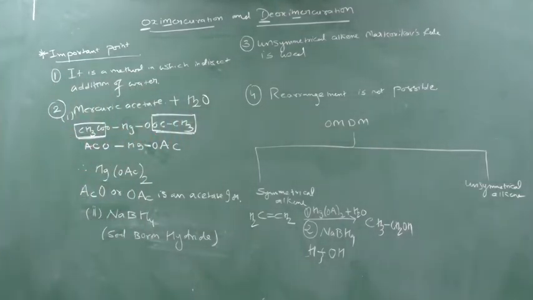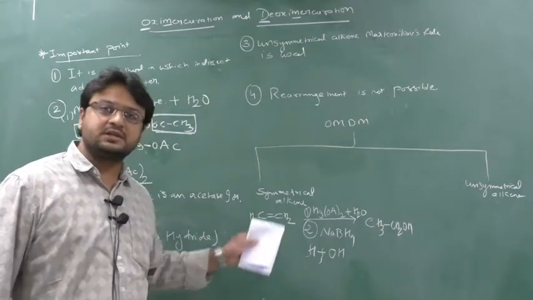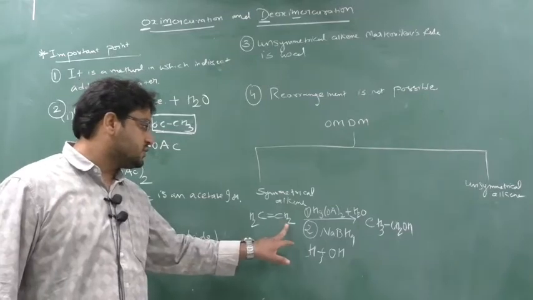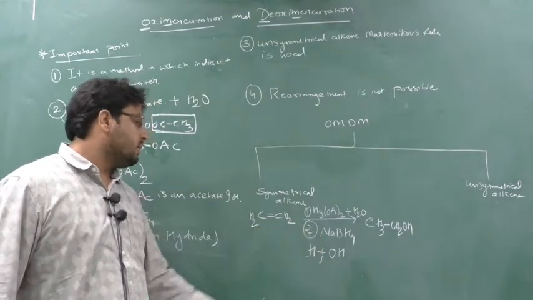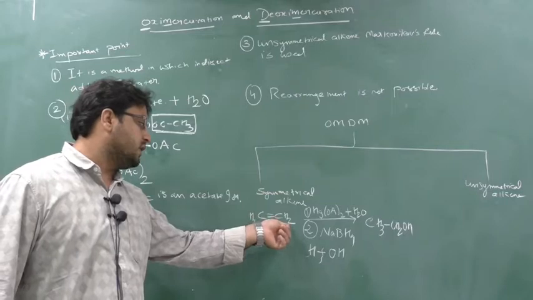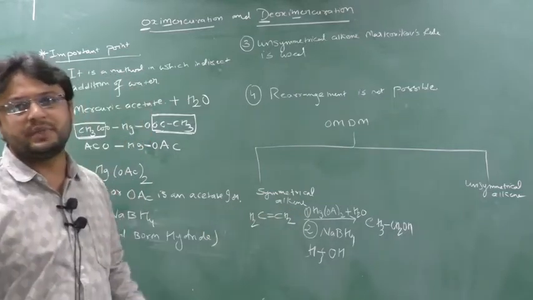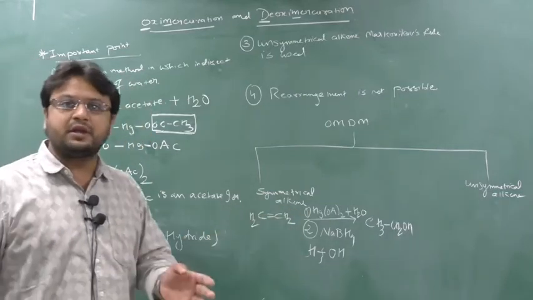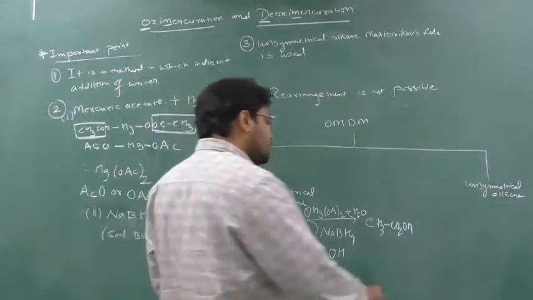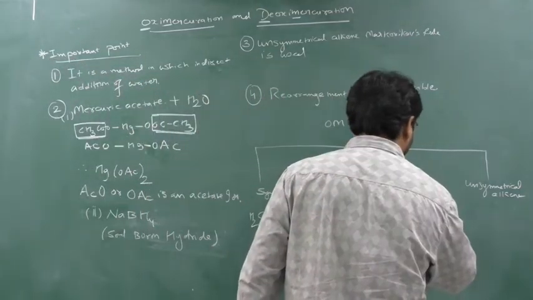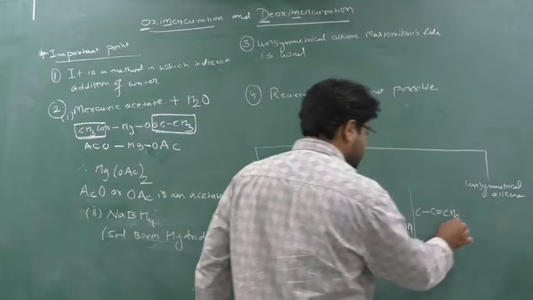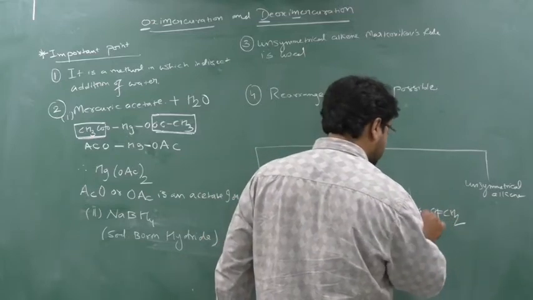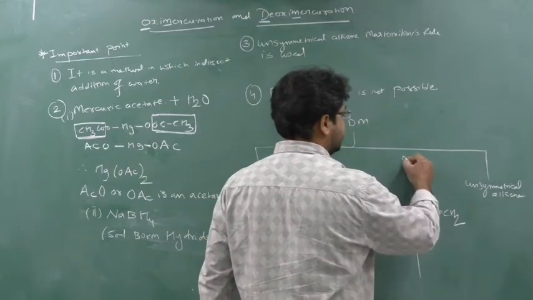Clear? Not an issue. We can place OH or H anywhere, and the answer remains the same. If you put OH here and H here, we say it is ethanol. If you put OH here and H here, it is also ethanol, because it is a symmetrical alkene, and in a symmetrical alkene you can place them anywhere. But when the question comes for an unsymmetrical alkene, say propene, CH2=CH-CH3, with carbons numbered 1, 2, 3.